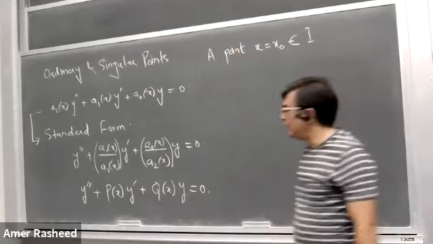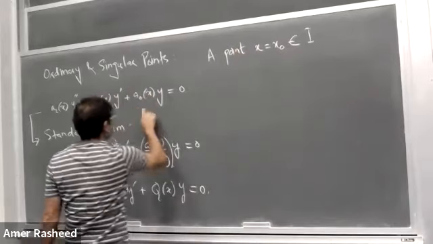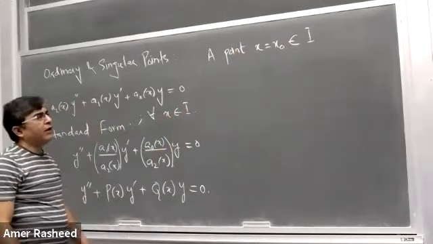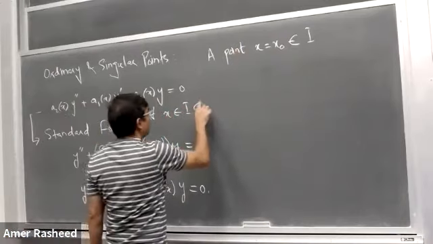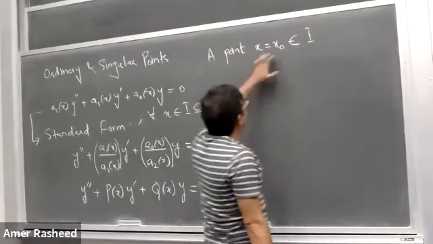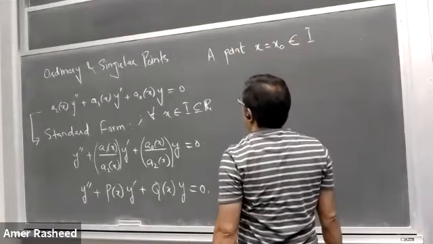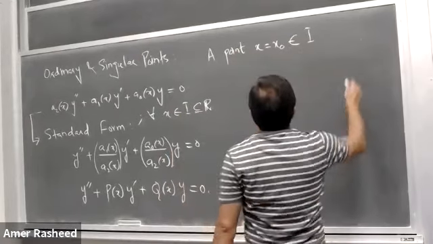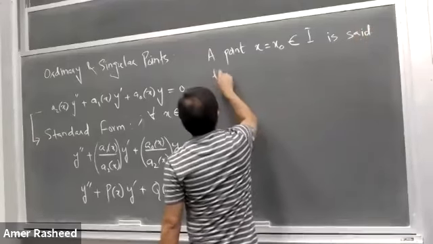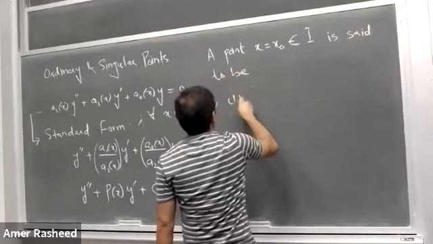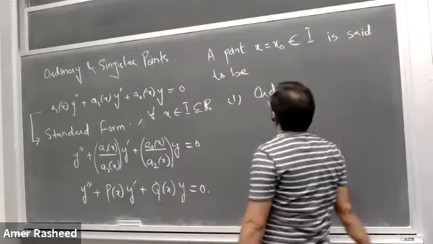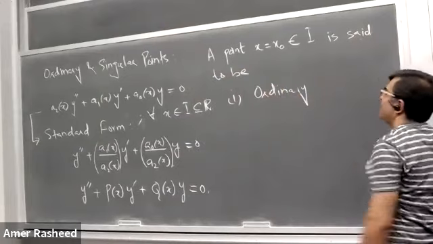This differential equation is basically defined for all x belongs to I, and this I is a subset of R, the set of real numbers. So a point which is in the domain of this differential equation is said to be, number one, an ordinary point of that differential equation